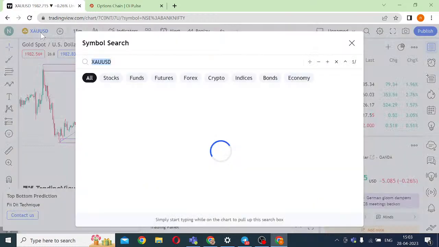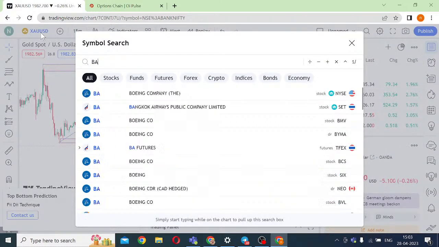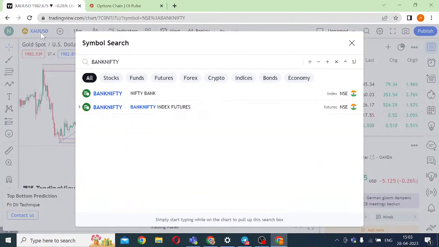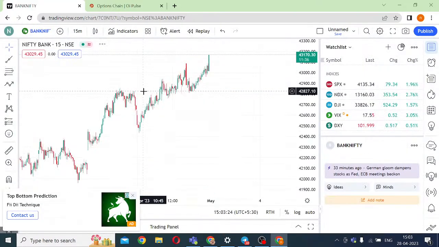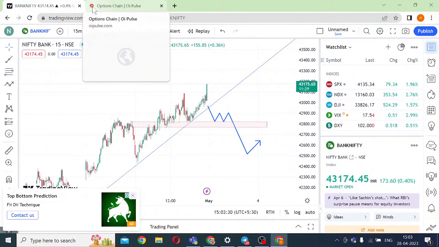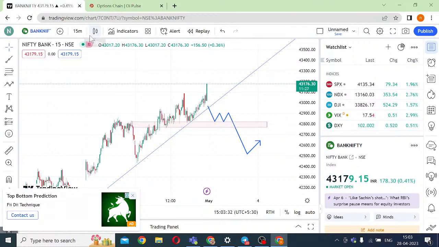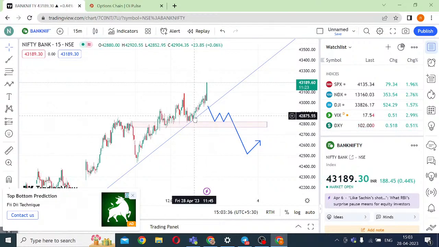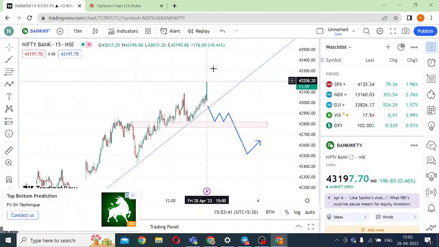Right? Utkarsh, let me look at the Bank Nifty chart. My short has not triggered. I don't think I would be entering CE. Okay, it has gone up, but I am not looking at entering CE here. The simple reason is the resistances upside. A good CE trade, if I would have been in front of the system, was here at 42,900. That was a good CE trade. Given that it never triggered, there was no point of entering.